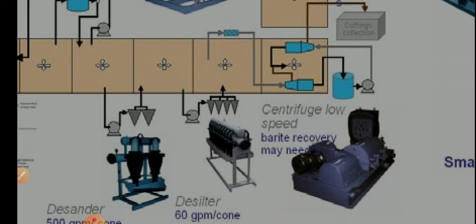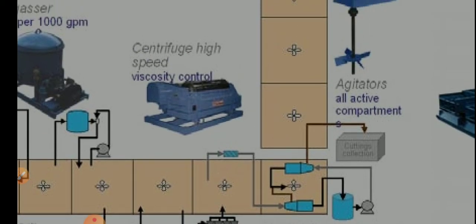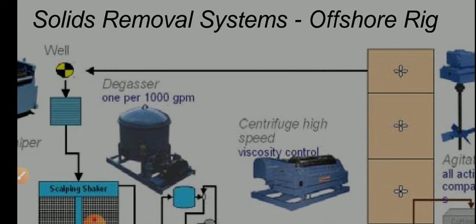Mostly oil based mud is very dangerous, and it causes very serious environmental problems if spillage occurs, because it is very costly and very harmful, not only to the environment but also to the people who are working in that environment. And next one is the active compartments. Then it goes again to the mud system. From the mud system it again goes to the wellbore.